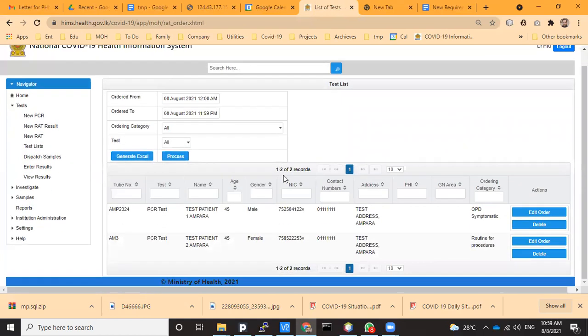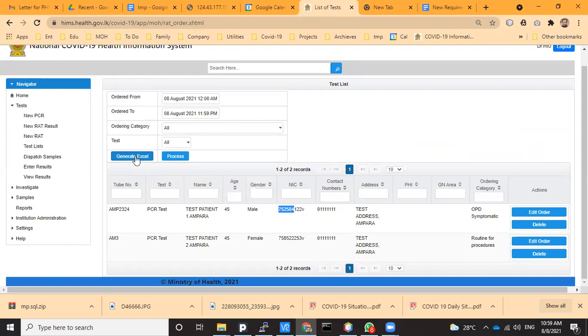Now you get the list of last tests ordered. You get the tube number, then the test and the name of the patient, age, gender. This is the format the lab needs. So you can generate an Excel and send it with the samples, provided that the lab is not using the system.